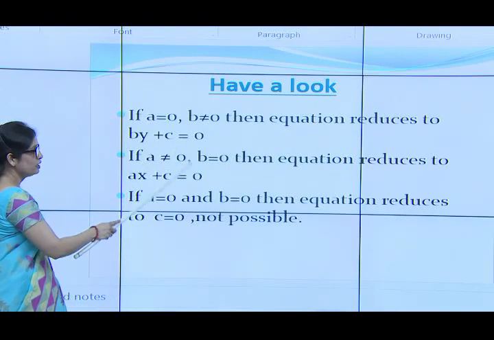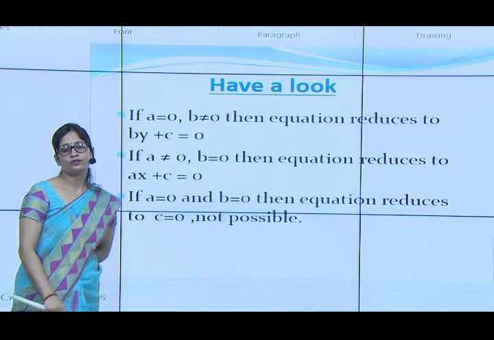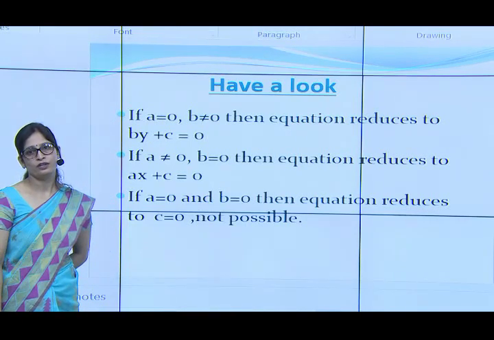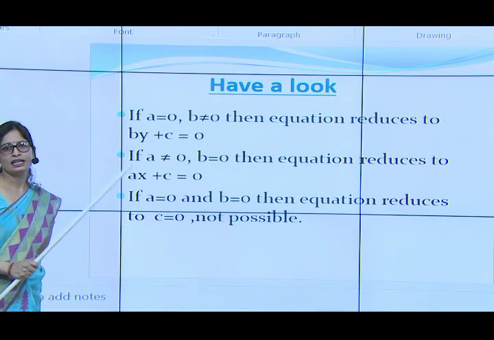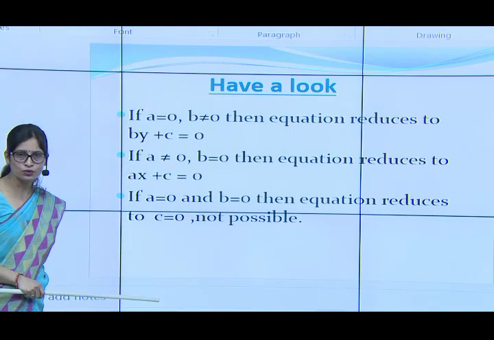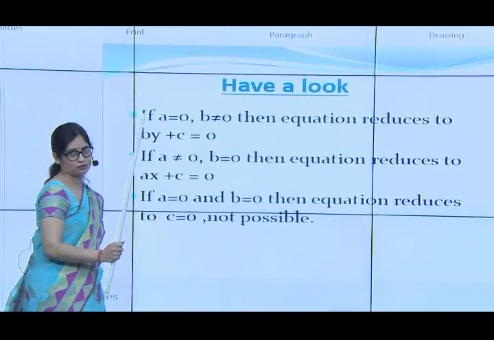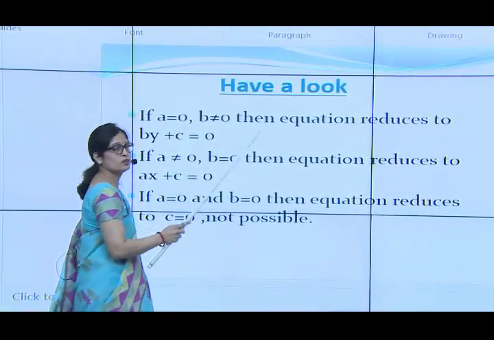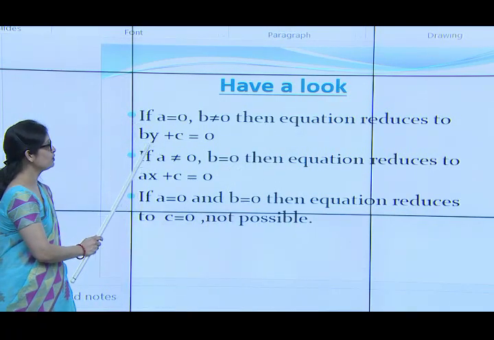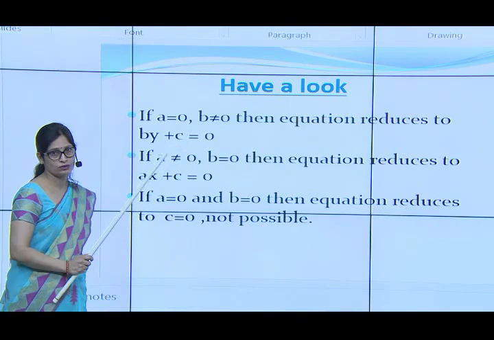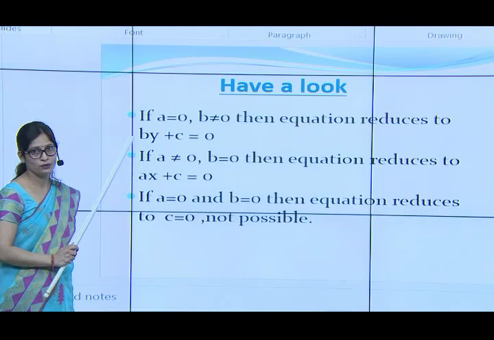Yes, these are the conditions which we were discussing. The standard form of the linear equation is ax plus by plus c is equal to 0. Now why are we writing that a and b are not both equal to 0? If a is equal to 0 and b is not equal to 0, then what changes will we observe in the equation? The equation reduces to by plus c is equal to 0. That is the linear equation in one variable y only.